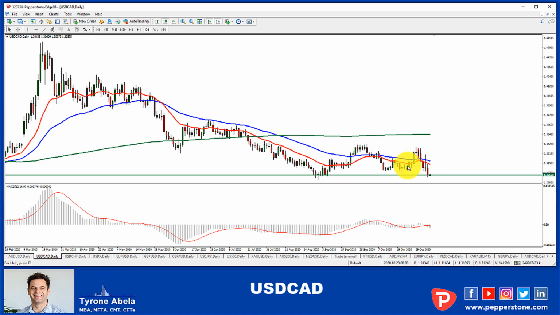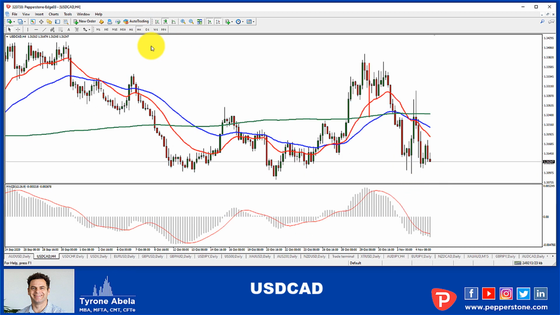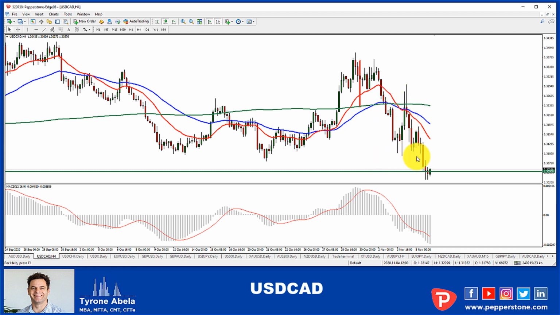Now, as we know, when it's a very serious level of support, but we've had a very big sell-off, as you can see we've had here, from these highs around this level, we want to see a change of trend on probably a 4-hour as a minimum, okay? So we want to go back to a 4-hour chart there, and we want to see a series of higher highs and higher lows before we get involved in this.